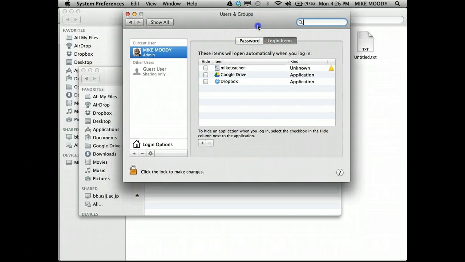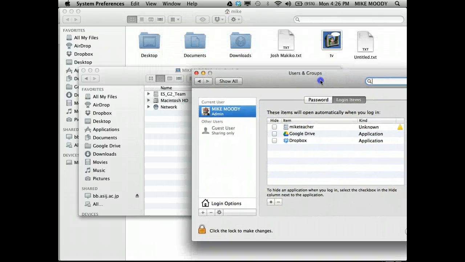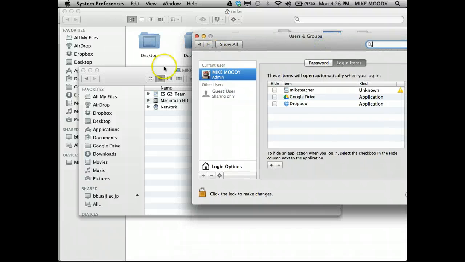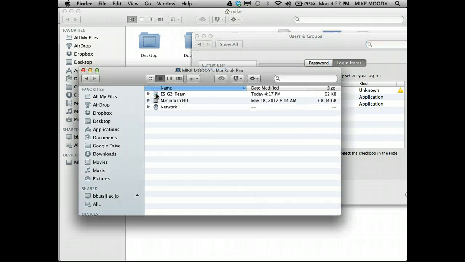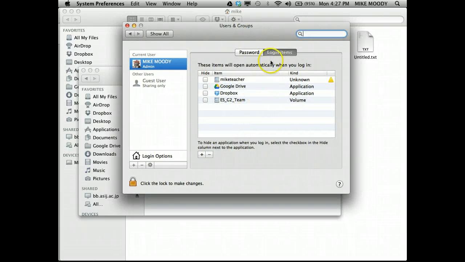What we're going to do with this, I'm just going to click and move my window. You can see there's the one behind from the Finder, and you can see my ES Grade 2 team. I'm going to take this ES Grade 2 team and drop it. I'll click first of all to select it, then drag and drop it into here. Okay. So what this has done is put it into Login Items,